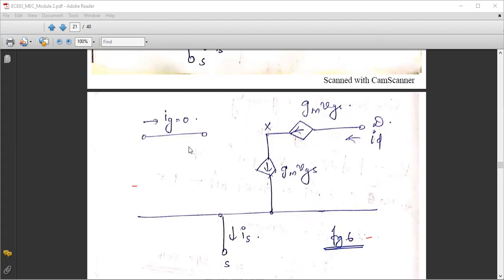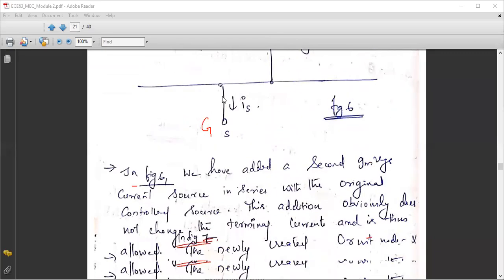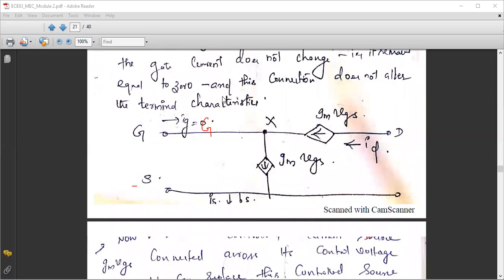So after drawing this figure, next step is, as I told you previously, we are going to short the two terminals, this gate and X. Okay, this is gate, you can mark here as G. So this G and X, I'm going to interconnect each other because there is no much change even if you connect, because the contribution from gate is null. Just like by adding 0 to a variable, does it make any change? No, a plus 0 is only a. So simply adding 0 to that mathematical expression will not make any change. Similarly, in the circuit also, I'm trying to short the two terminals. Why? Because the gate current is negligibly 0. So this is your next step.